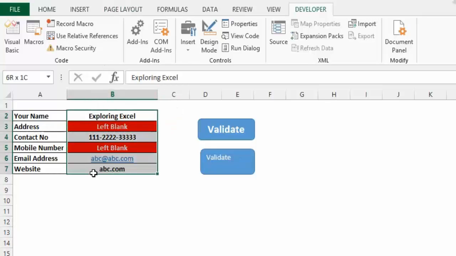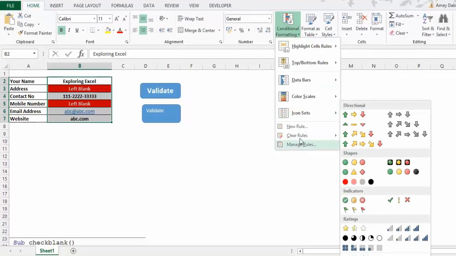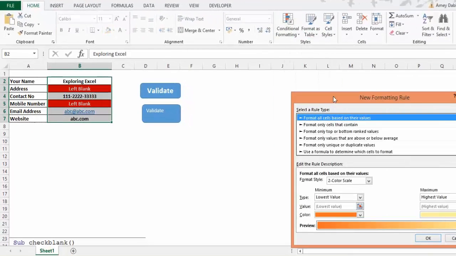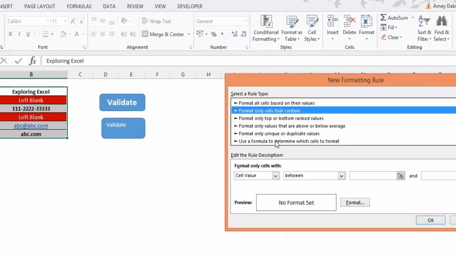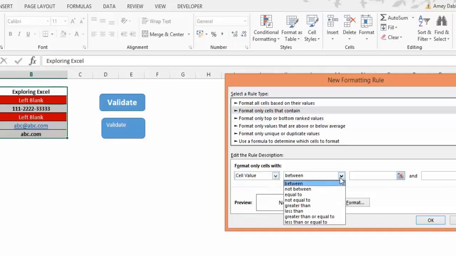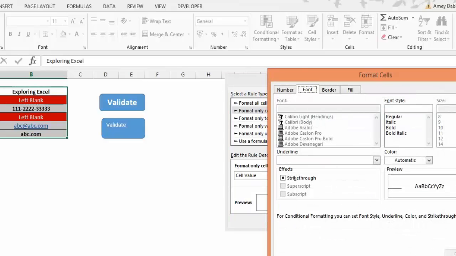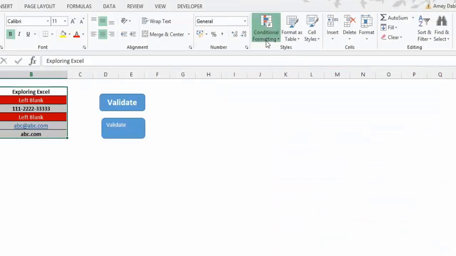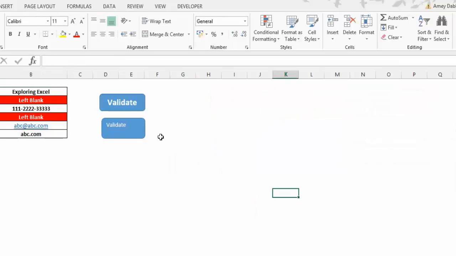Just select this cell, go to the Home tab, conditional formatting, new rule, and then you can use a formula or go to format only cells that contain, equal to, write your text and format it as per your need. I've already created it, so I will just show you manage rules. It says if the cell value is left blank, then apply this formatting, click OK, and this works.